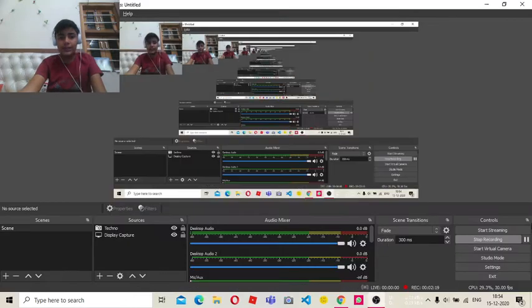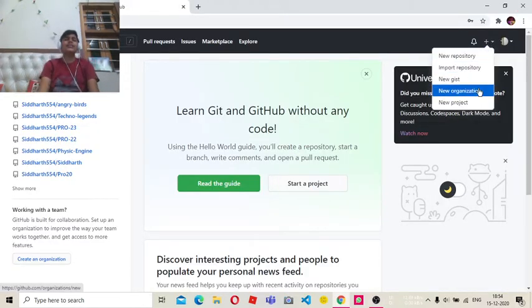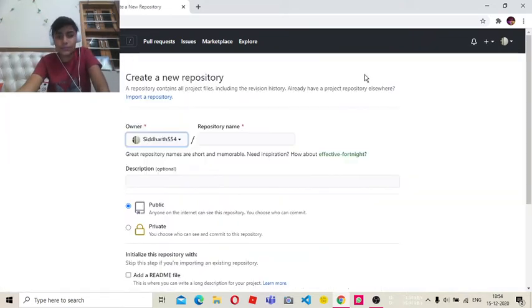It is a very easy step. First of all, you have to click on this plus option. And guys, this is somewhat changed in GitHub: what other sites call a project, here it is called a repository, to upload your project on your GitHub account. So you have to click on new repository and you will have to give a title for your repository.